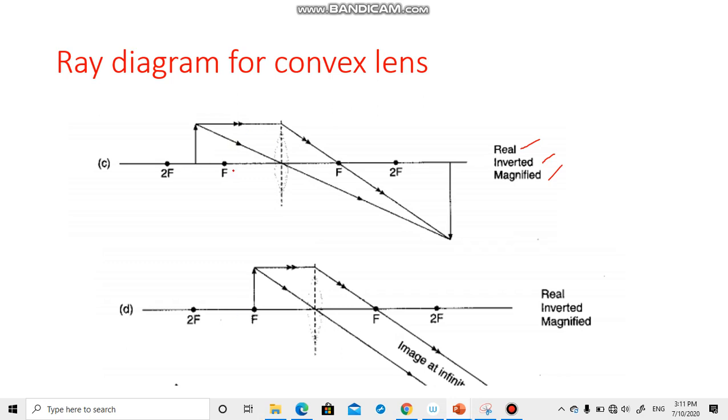So the next case would be, you place the object at the focus. When the ray passes through the pole, it goes straight, and when it is parallel, it goes through the focus. So they are mutually parallel. Here we can say that the image is formed at a very large distance, at infinity. The image would be real, very magnified and inverted, of course, but practically it will be at some very large distance, so it will be out of focus and won't be visible properly.